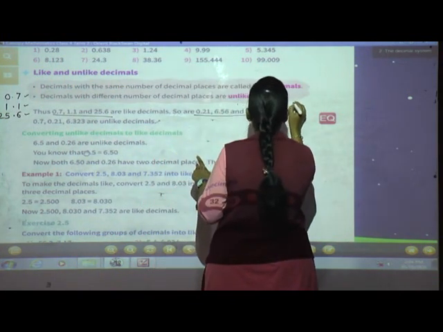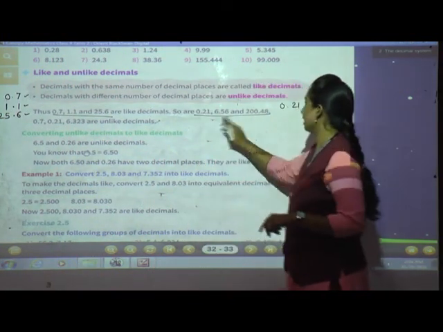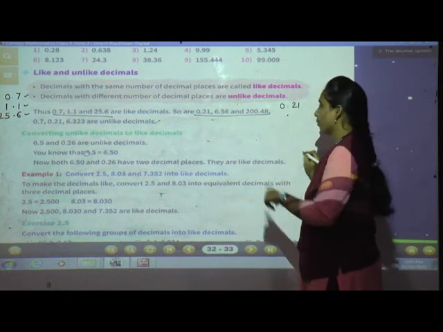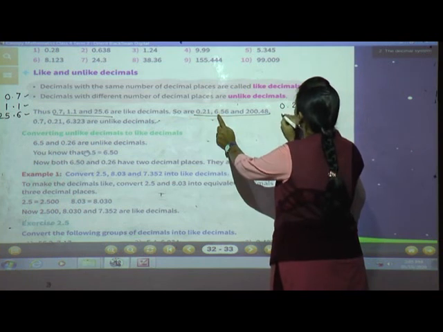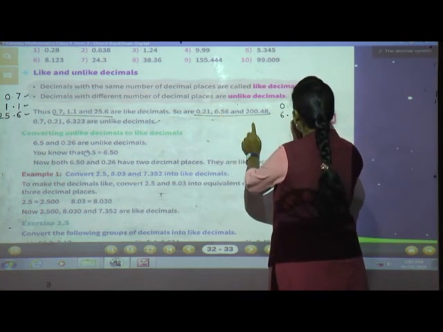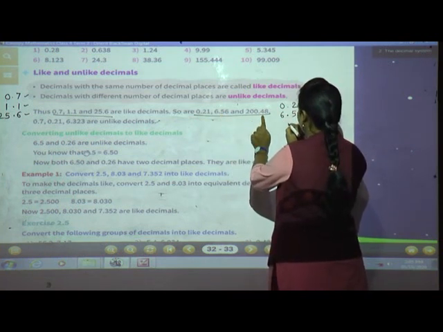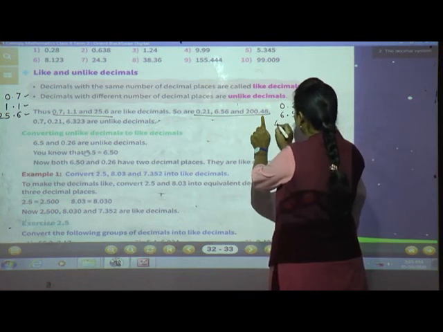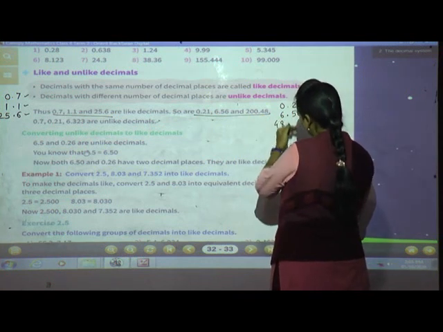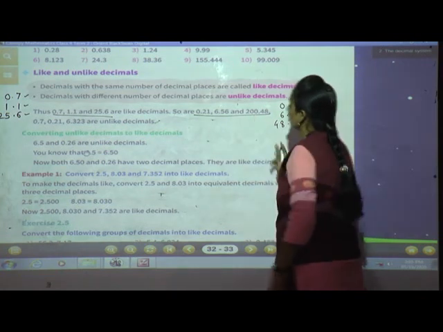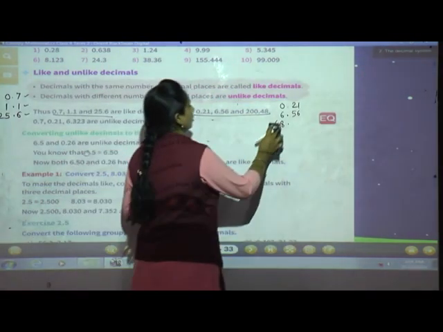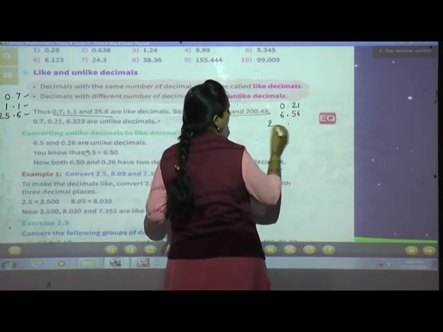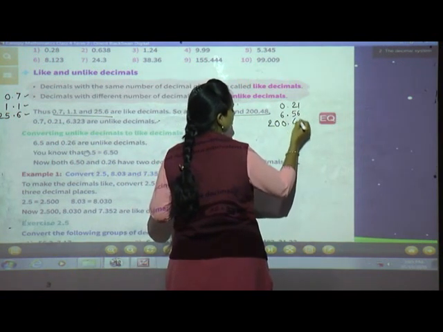See here 0.21. While writing the next number, give the proper decimal points below the decimal only, then before the decimal 6, after the decimal 56. Now next, decimal below decimal, before decimal and after decimal. Here 48 I have written by mistake. What should come here? 200 before the decimal, 200 after the decimal, 48.